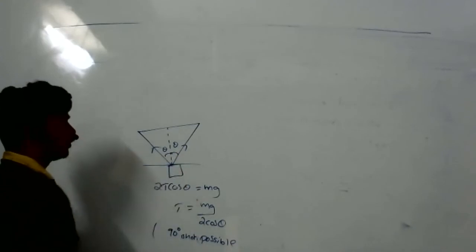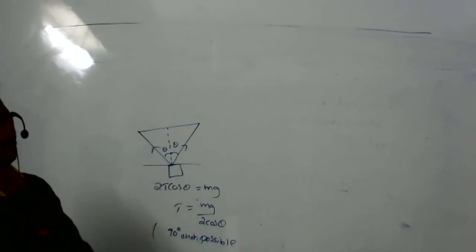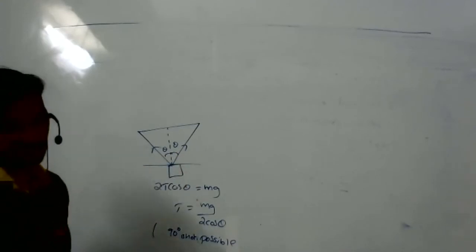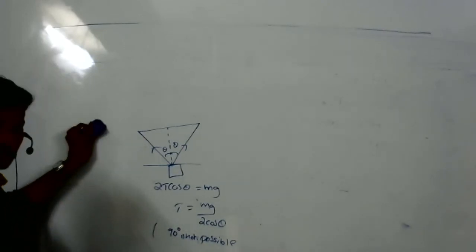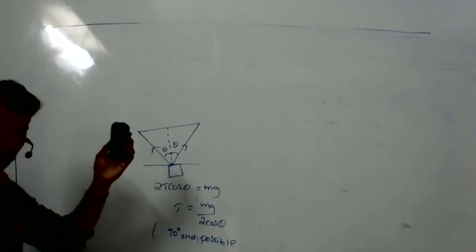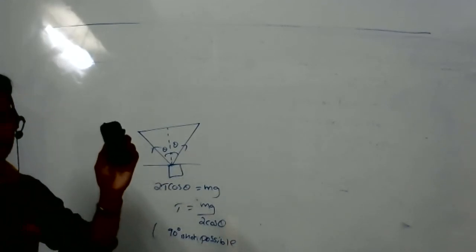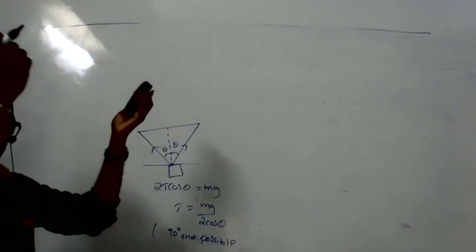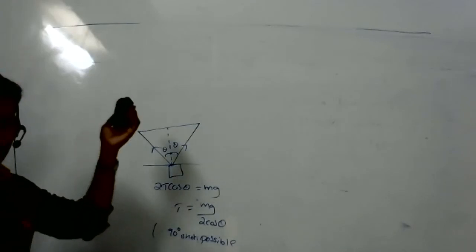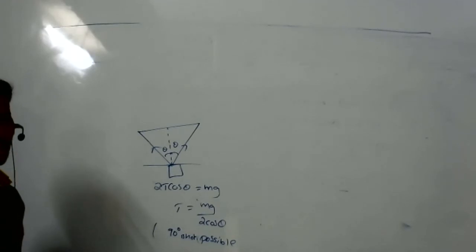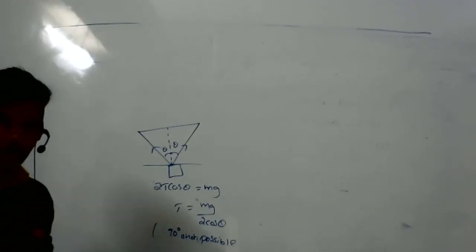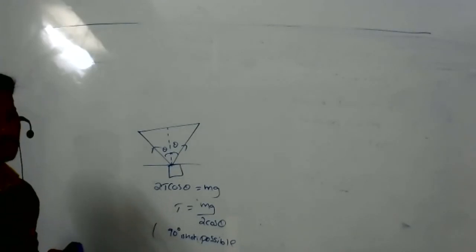In fact, when you search, the question is about a boy instead of a body. A boy is hanging from the tree. That is what the question is given online. Yes, 2 arms will be there, right? No, only one arm is there. In the diagram he has one arm, but he will have 2 arms, right? He's hanging with one arm. I don't know. In the diagram they have drawn it like that, but obviously it should be with 2 arms.